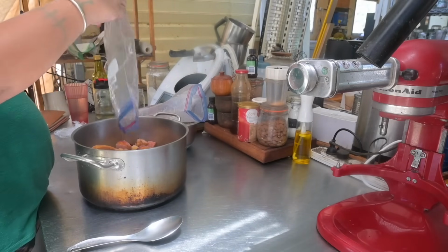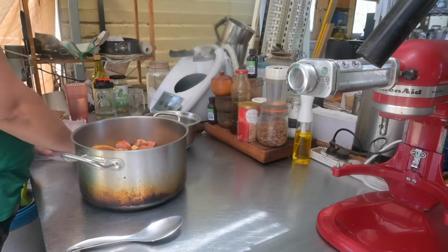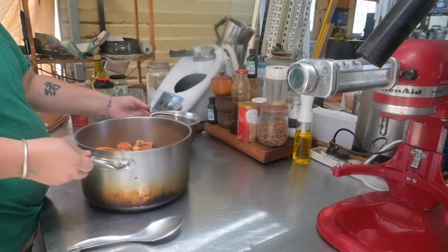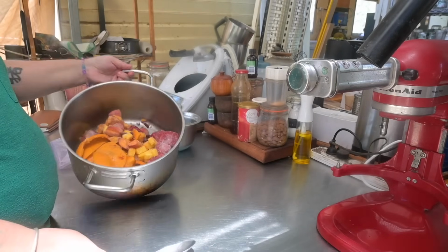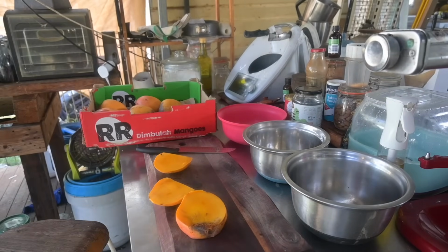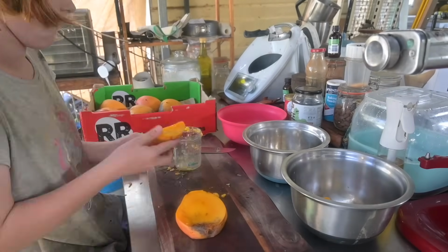I wonder where, I'm sure I took footage of the kids doing some of this. I wonder where all that footage has ended up. I'll have to have a look. But I got the kids to cut up one of the trays of mangoes for me, because I got them to do the bananas too. Anyway,